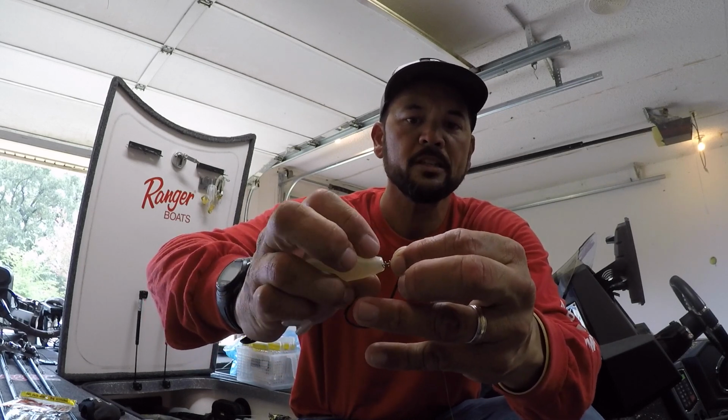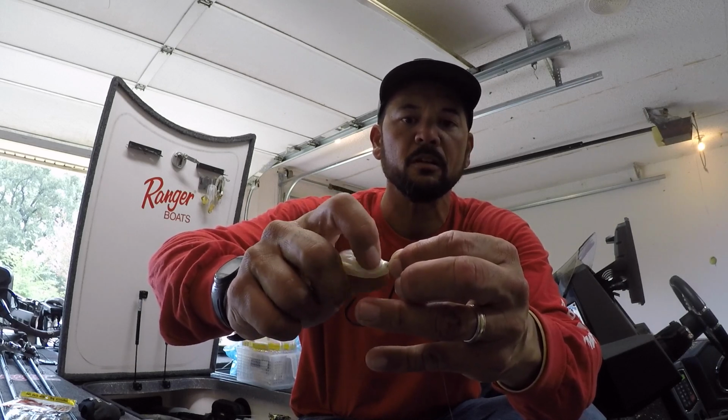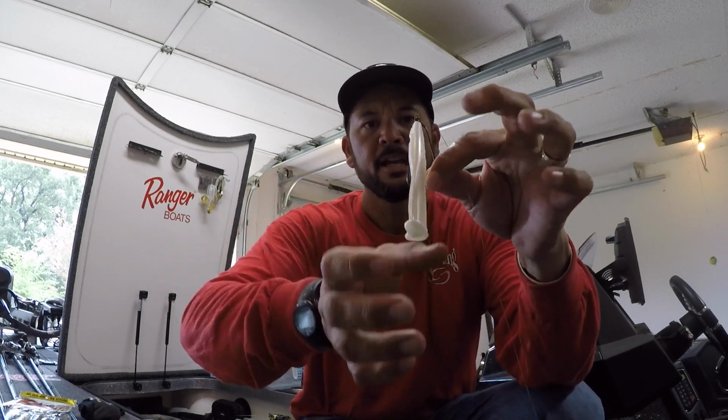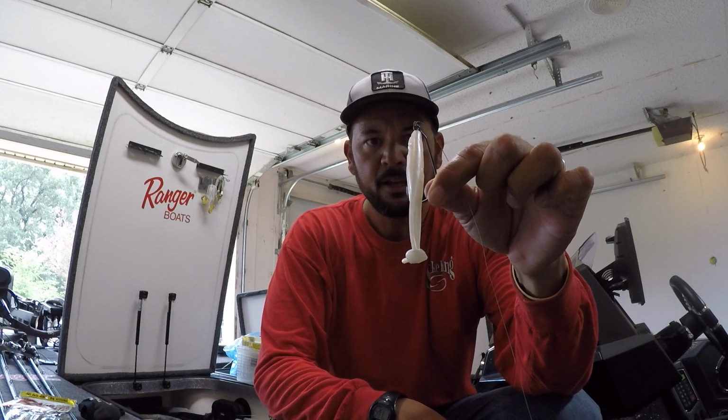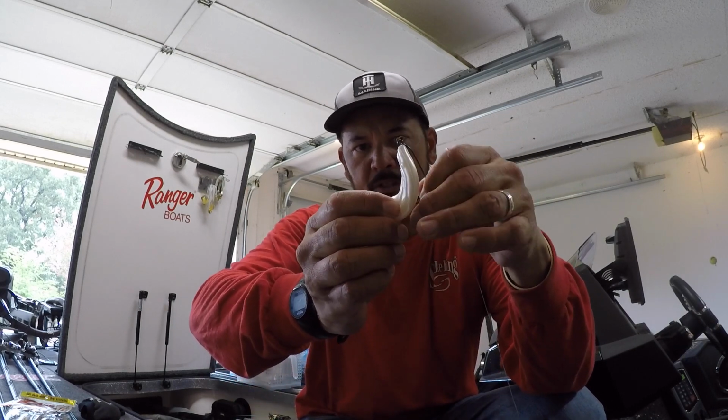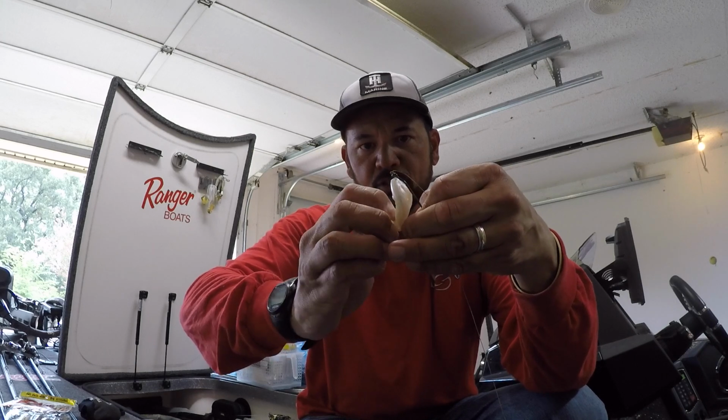And then you just twist it on there with the little corkscrew portion. Just keep twisting it on there. Get it nice and flush up against the hook, base of the eye of the hook. And then I kind of measure where I think the hook's going to come out, where it's going to go in and where it's going to come out. I like to get it nice and straight,